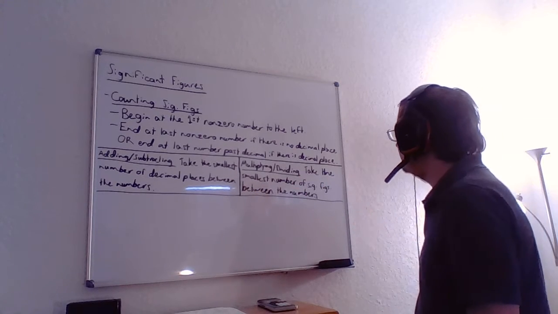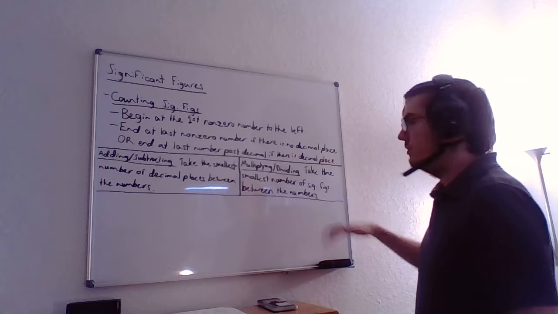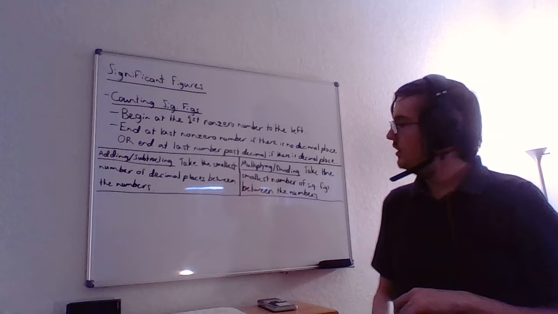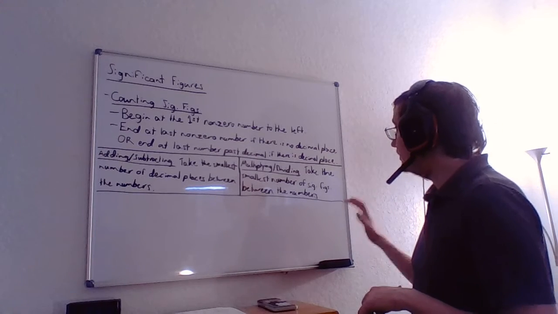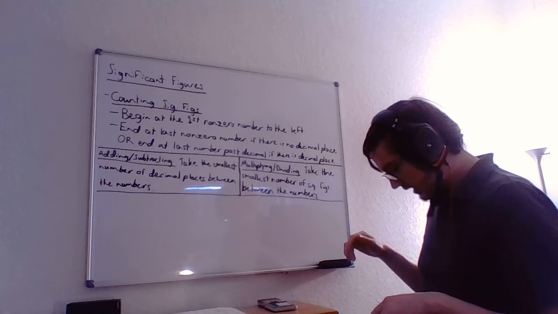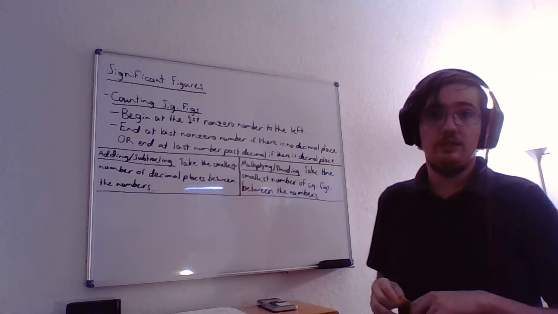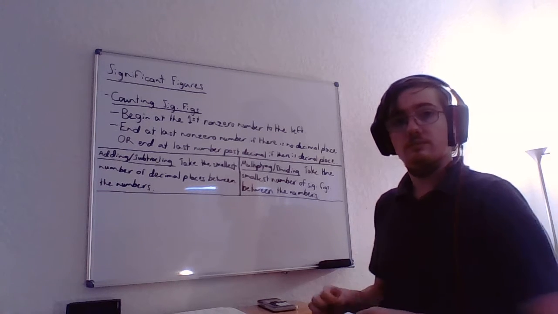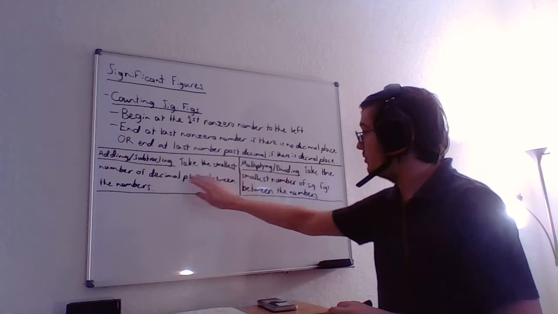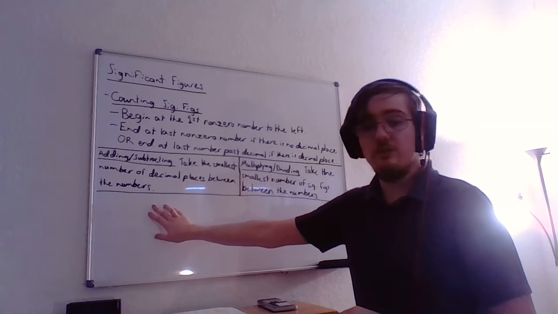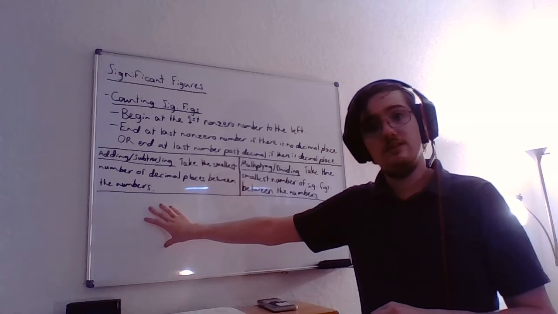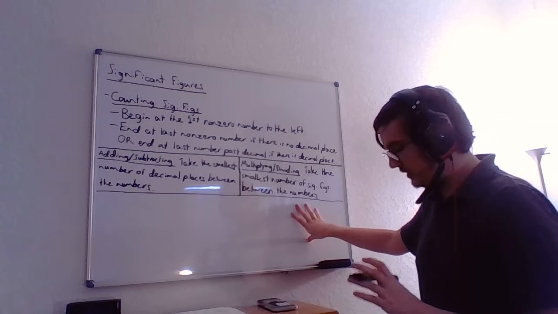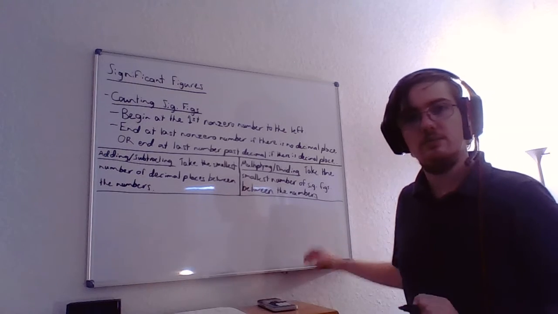Now, if you're multiplying and dividing, you're going to do a similar process, right? You start with the arithmetic, you multiply them together, or you divide them together. But then, after you do that, you're going to take the smallest number of significant figures between the two numbers, and that's going to be the number of significant figures of your answer. So be very careful here. It's easy to get these two rules mixed up. Just remember, with adding and subtracting, you're counting decimal places, and with multiplying and dividing, you're counting significant figures. Keeping that in mind, let's do a few practice problems here.